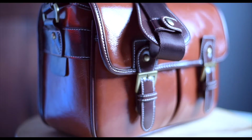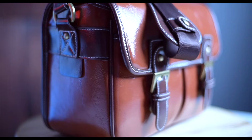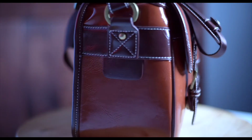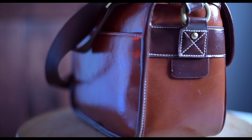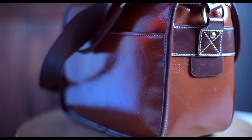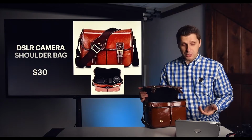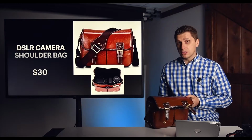I would say the style of it is pretty neat as well, and great for location. You can fit a DSLR, either a small DSLR or maybe a mirrorless camera, and nice color. You can put a lens. In fact, you can put this little light right in front of one of the pockets inside, and it really doesn't take much space. You can put your cell phone, you can put your wallet in the back if you need to,